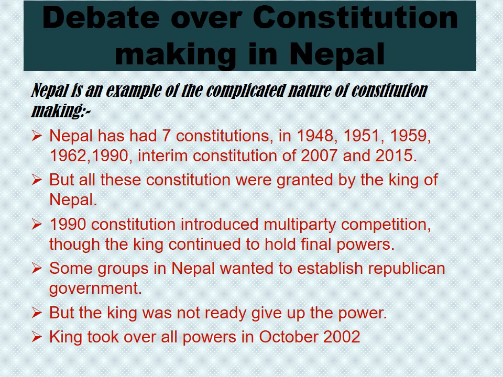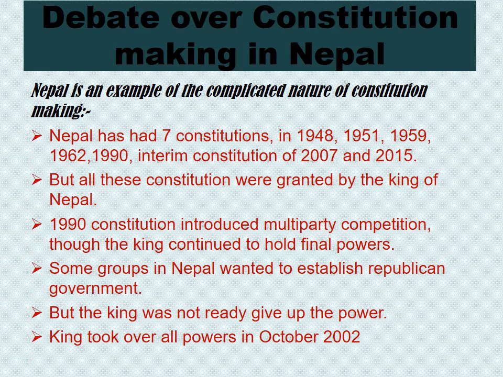We have one example to understand that making of a constitution is not always an easy and smooth affair. If the leaders who crafted the constitution do not have the credibility of the people, or if the provisions do not give people a reason to follow it, this may create problems in a society. And we have the example of Nepal.